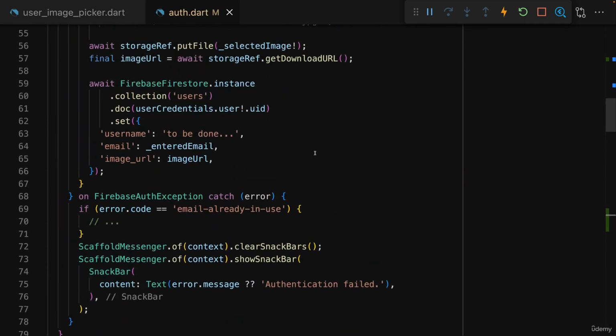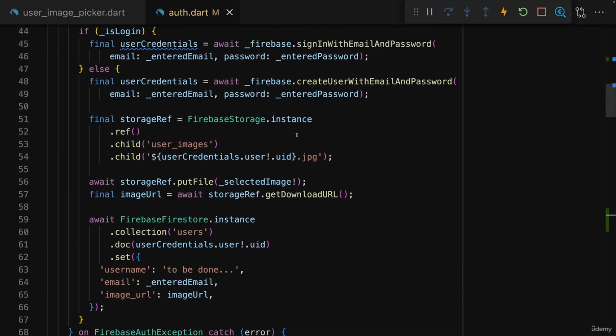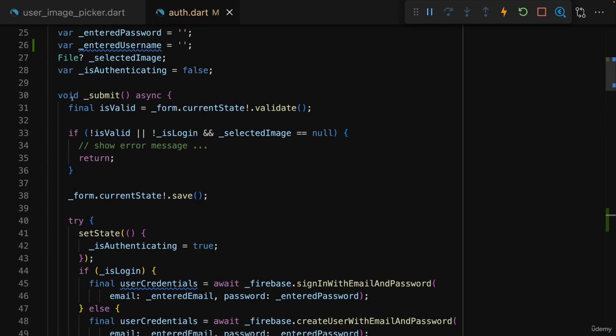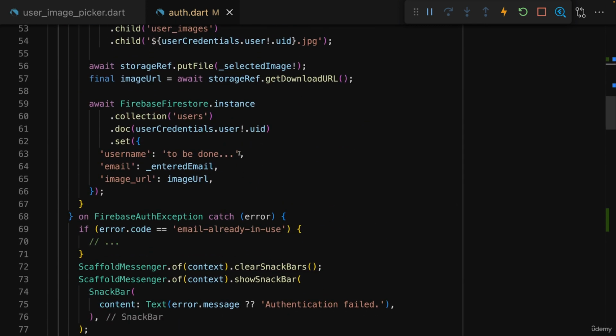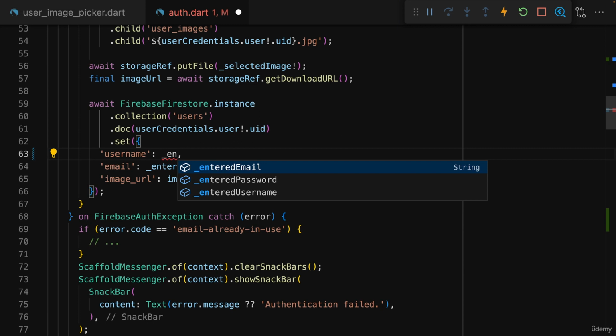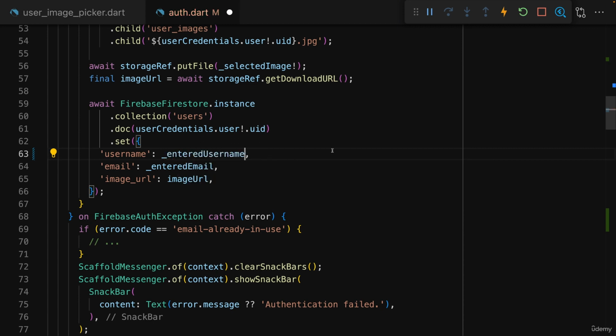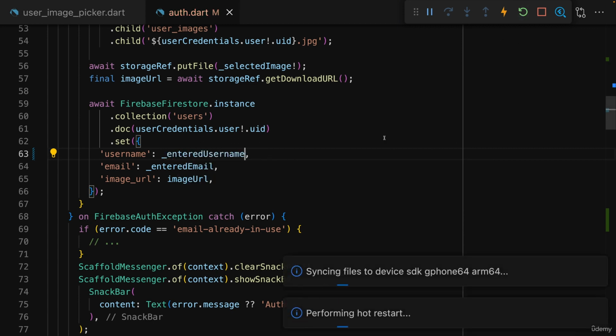Of course, this data now also should be submitted once we are submitting the form, so once this submit method is triggered. Therefore, here, where we're reaching out to Firebase Firestore, instead of using toBedone as a username, I now want to use the entered username. And now we can save that all, reload,